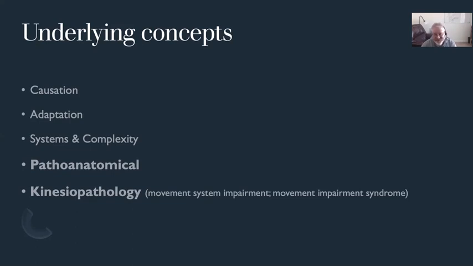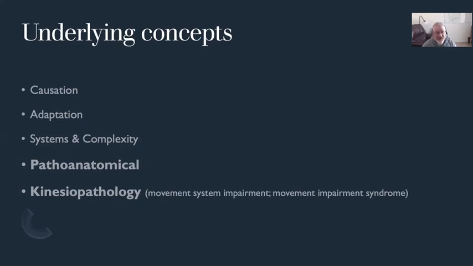There's a lot of philosophical debate that could go into that, but asymmetries, the FMS is an attempt to understand possible kinesiopathologies. Kinesiopathologies emerge beyond the anatomical tissue, and they go to motor control and